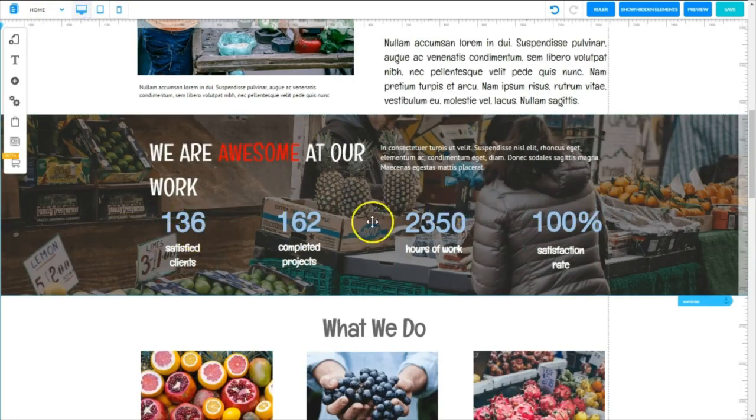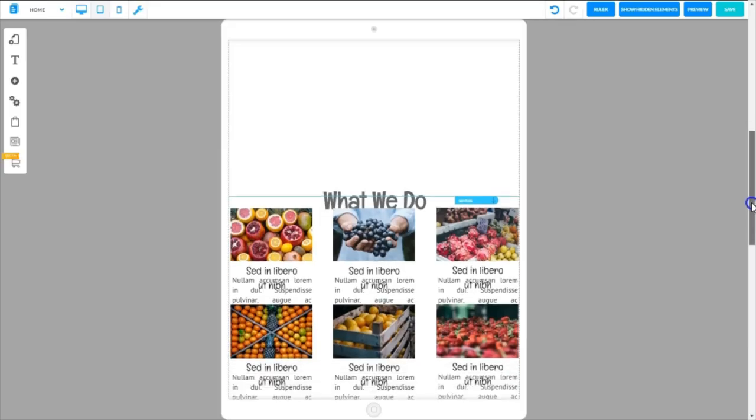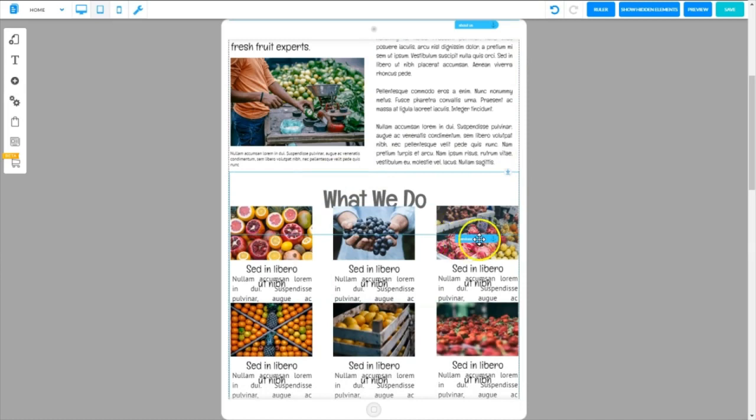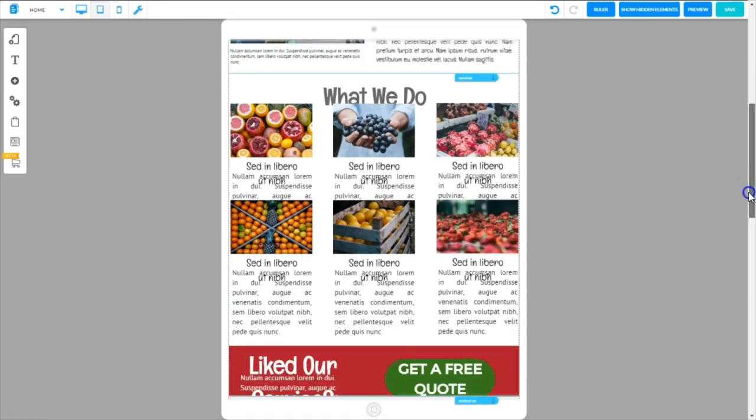Everything looks fine here, so we can return to the tablet. Let's scroll down. Let's grab this What We Do banner and pull it right on up. Use the arrow and make sure we have our anchor right where it needs to be. Higher. There we go. So really, in many ways, the editor did a really good job of formatting this for